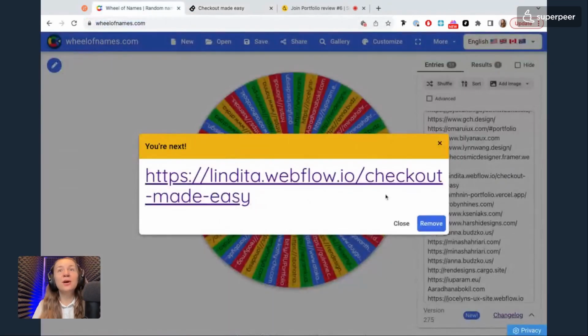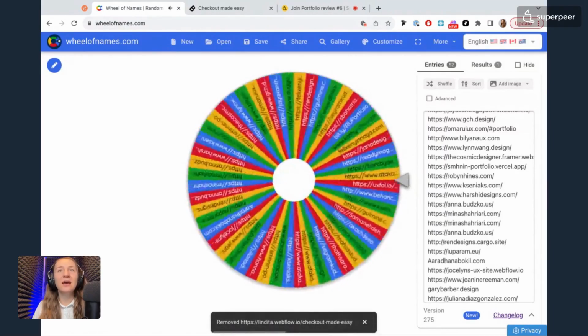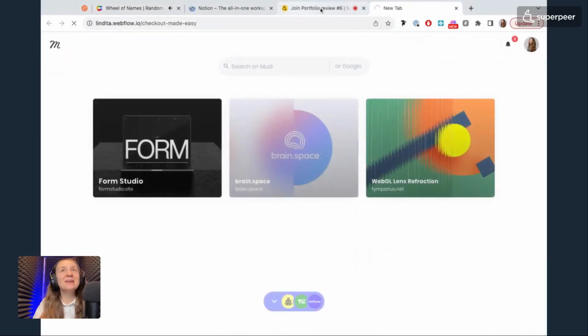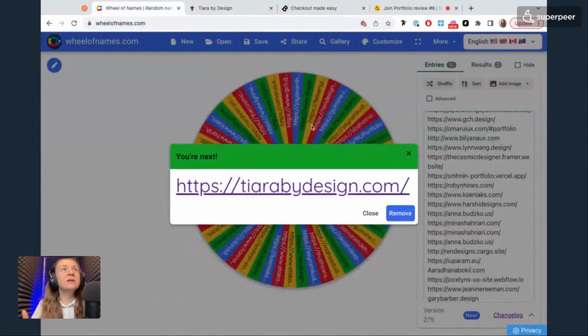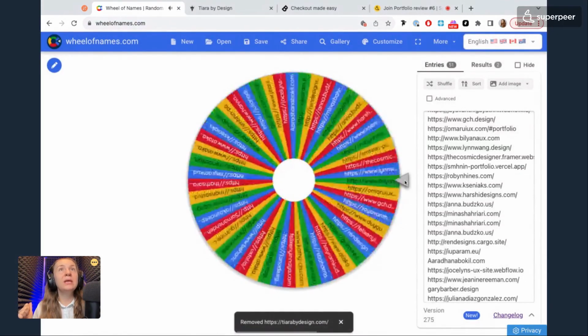The second portfolio will be, let's see, Tiara by Design. Alrighty, so the second one is Tiara. It's going to be a Notion portfolio. Ooh, nice. Okay, looks interesting. I'll copy this link. Sometimes the form for some reason does not save the links. Remove it. The next one will be